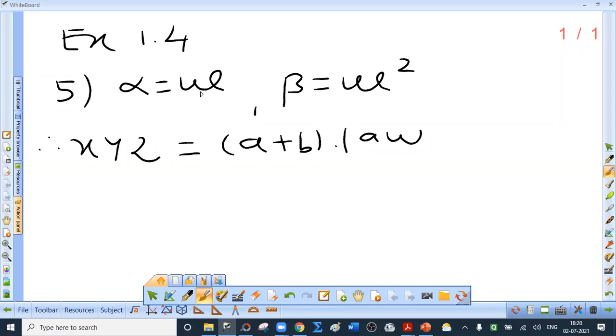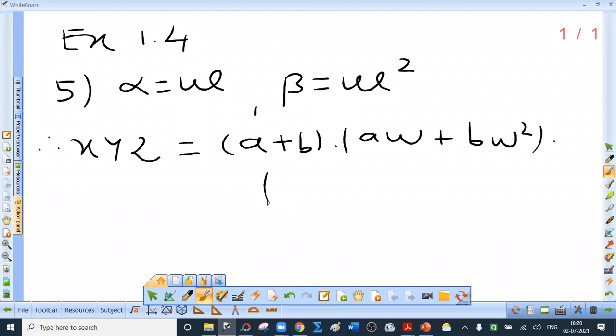Therefore, alpha equal to omega, beta equal to omega square. Now see on the screen, xyz equal to, substitute the values. So a omega plus b omega square. Actually, we have done this now because the previous sum was of this type only,